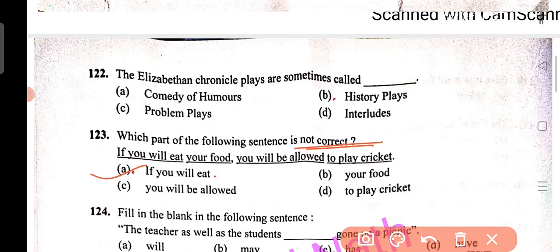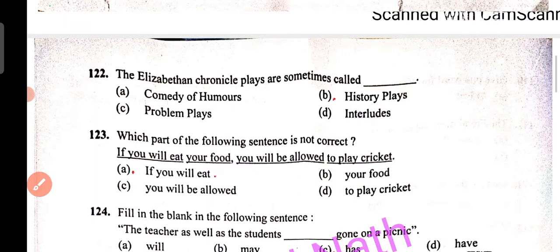Your food, if you will eat the... I think option number B will be the correct one. Your food, because you will not come here again. It will be a sentence that if you will eat food, you will be allowed to play cricket. So answer number B will be the correct according to my opinion. It may be possible that option number A, but in my opinion option number B will be the correct